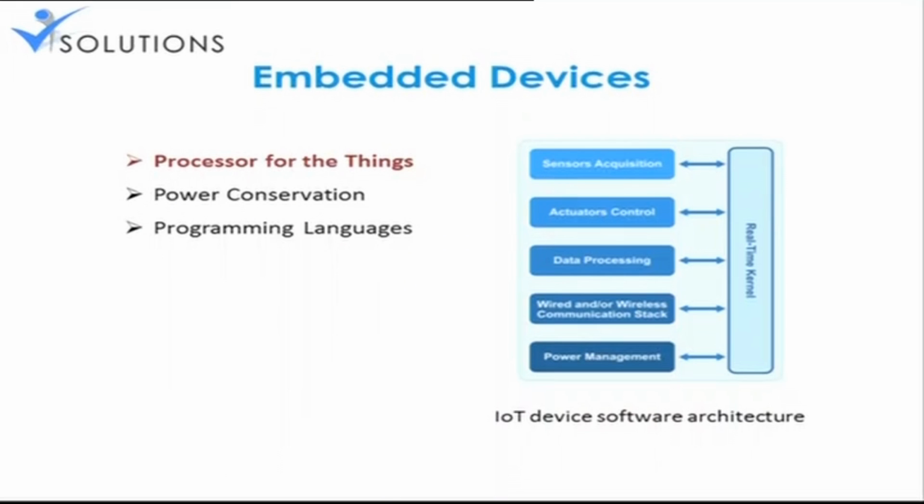The processor for the thing, what processor you are actually using. Frankly speaking, there are many processors you can prefer. It's up to you, but I always suggest going for the ARM processor, Cortex M0 series. The reason is power consumption, number 1, how much power it consumes, and the programming style, and how robust it is. At least for that reason, for your things, I would suggest you go for the ARM Cortex M0 series.